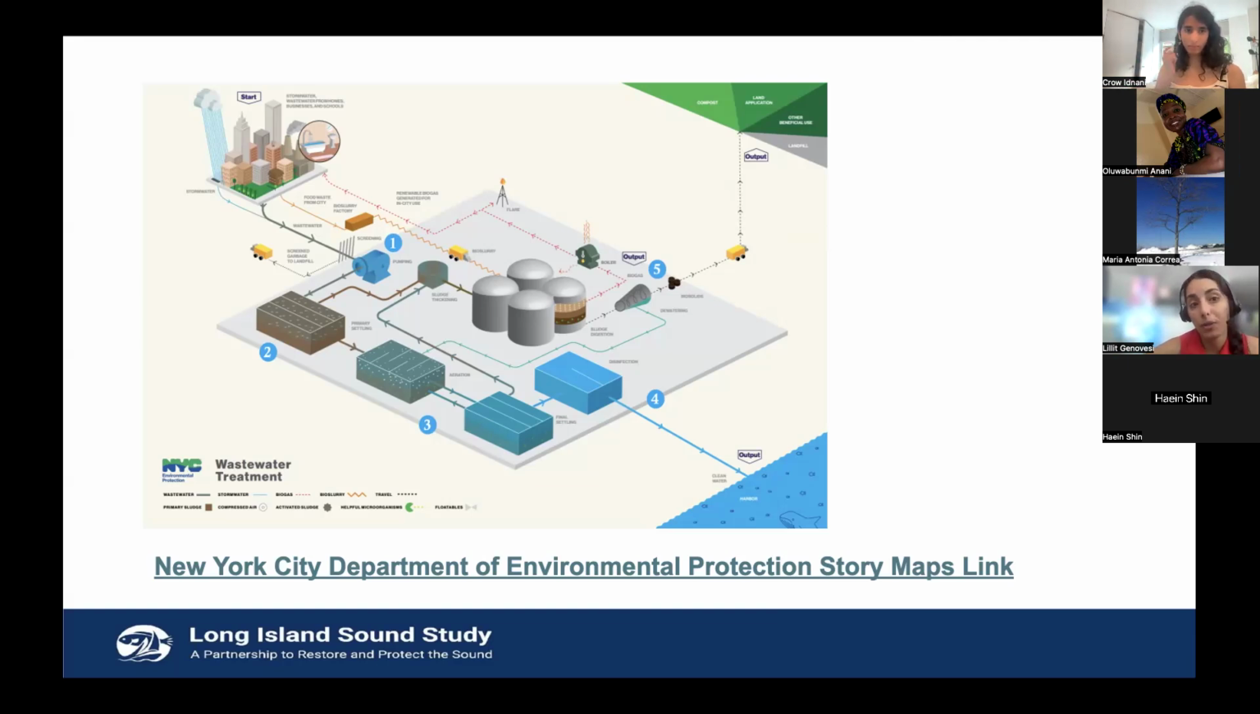And there are actually 14 of them here in New York City. The largest one is the Newtown Creek Wastewater Treatment Plant. And if we go to the next slide,